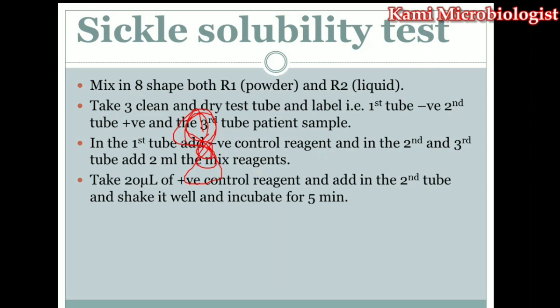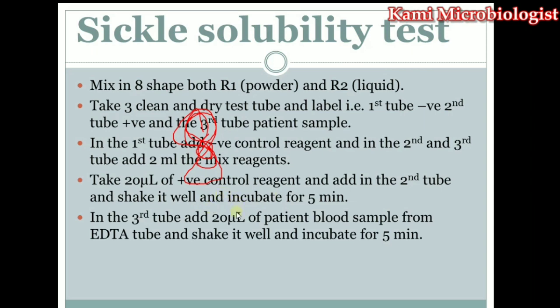After that, we have to take 20 microliter of the positive control reagent, which is present in the Atlas kit, and add it into the second tube. Once we add it, we shake it gently and incubate it for 5 minutes. We do the same with the third tube,